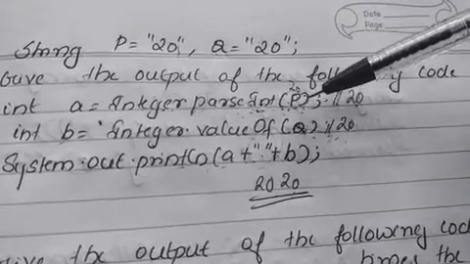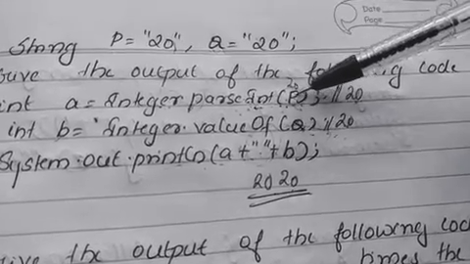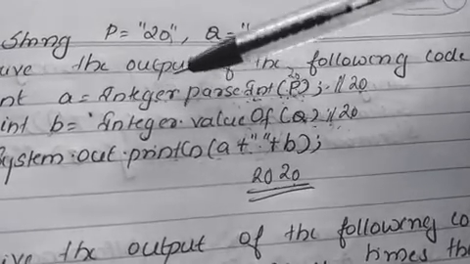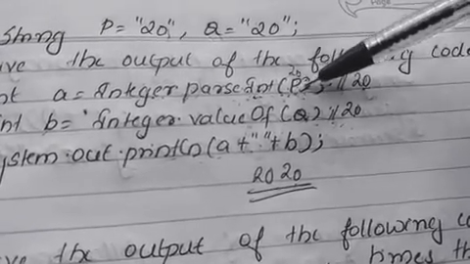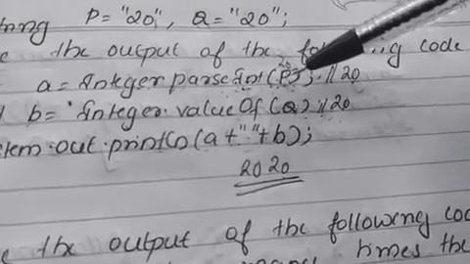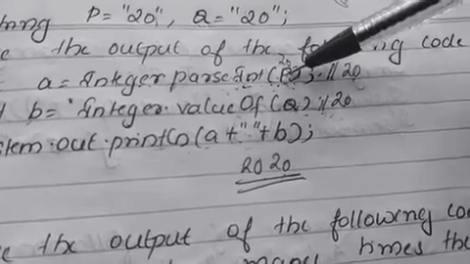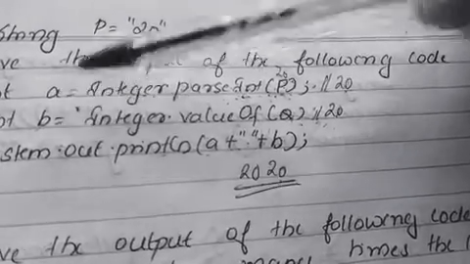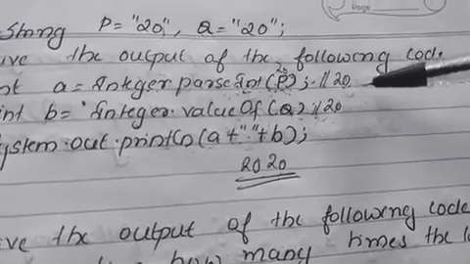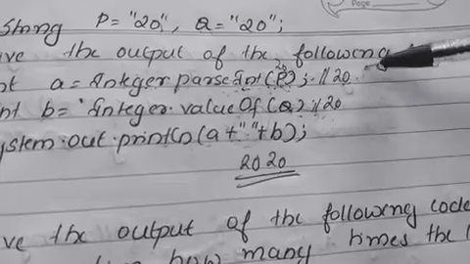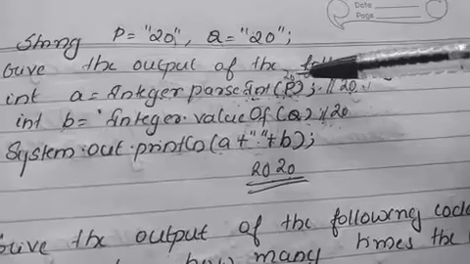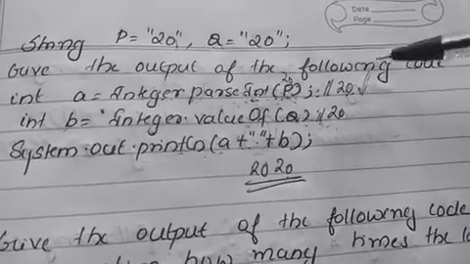So we know that p is a string variable. The string variable is converted to integer by using the wrapper class Integer, and the method for converting this string type to integer is parseInt. Clear? So when we are using like this, automatically the string value 20 will be converted to integer value. So the result of this one is 20. So there is no need to write that, you can simply write it like this as a comment. So 20 becomes an integer value. Initially it is a string value.